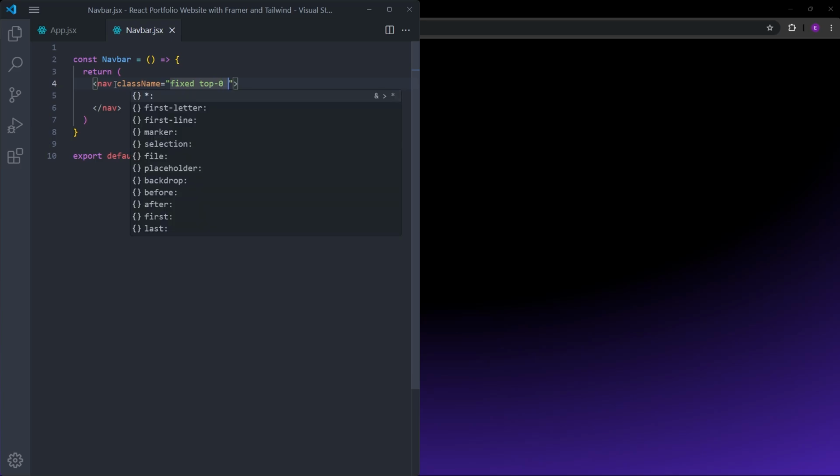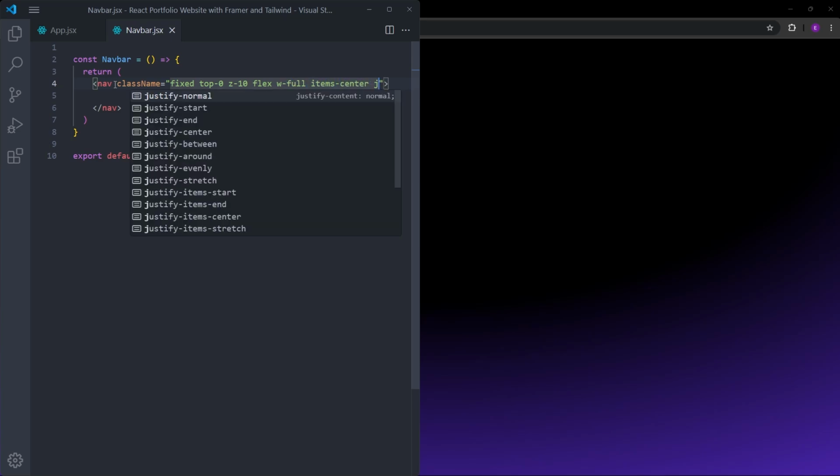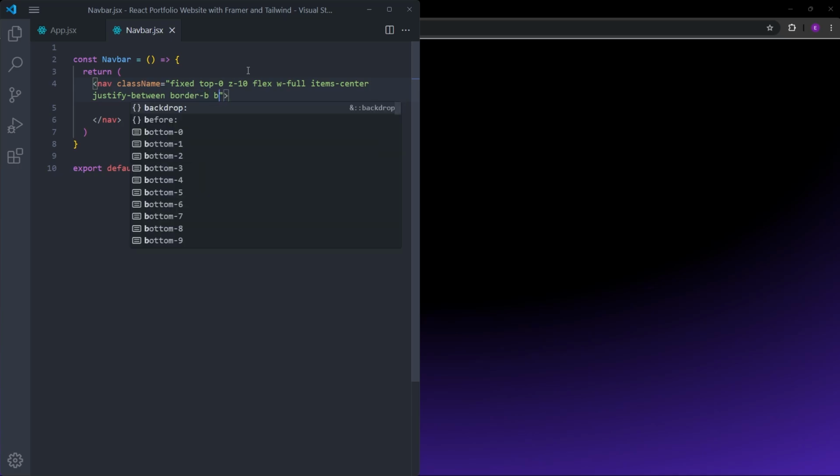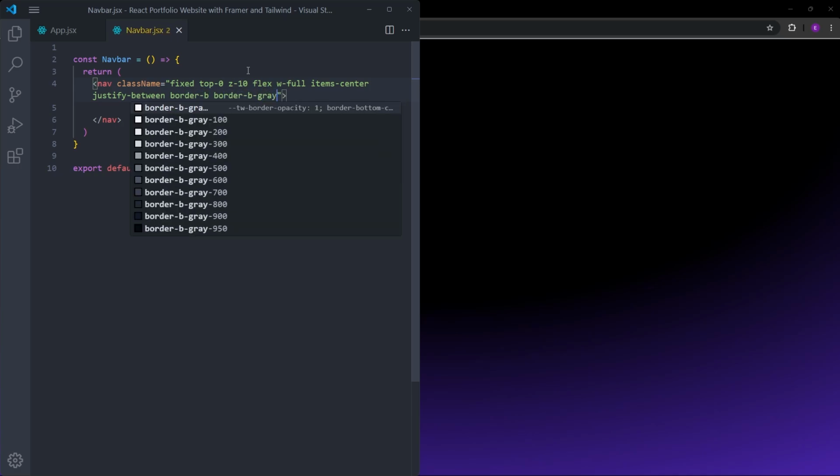And let's set the Z index to a high number so it stays on top of everything else inside the page. It is going to be a flex container and with 100%. Center the items and justify between to put all the available space in between the elements that we are going to create. You're going to have a border at the bottom, and it is going to be a gray border,